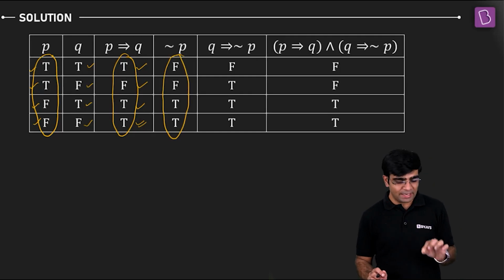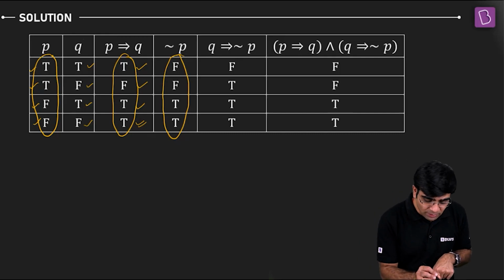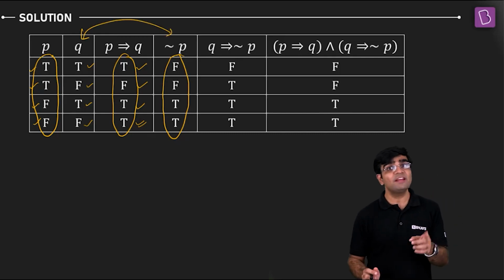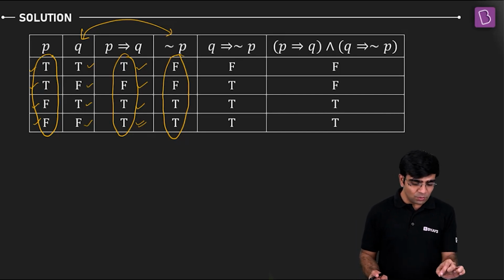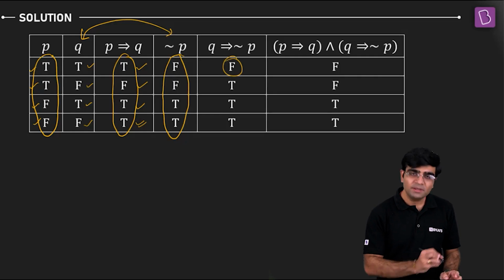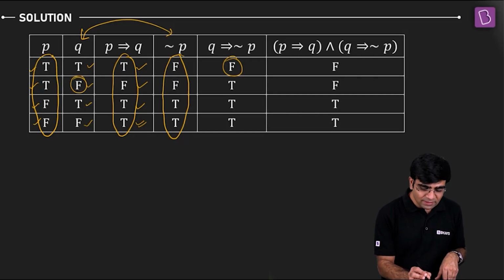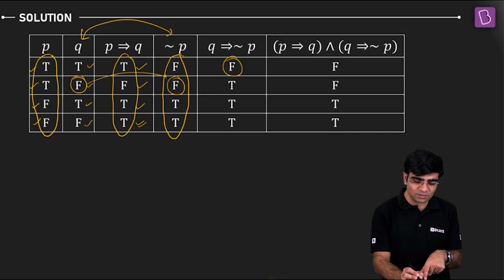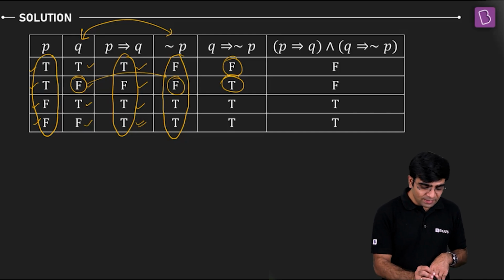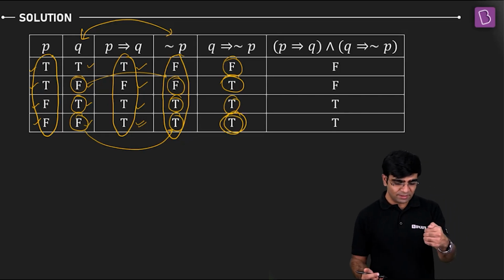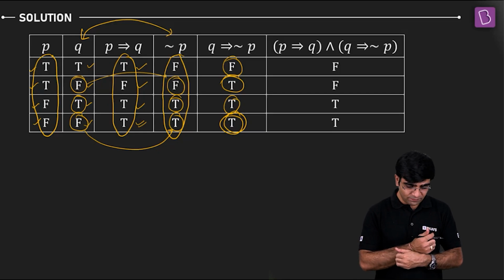Sorted. Now what will I be applying? I'll be applying the truth table between Q and negation of P. So please apply the truth table for these two, for if Q then negation P. I have true, F, that will give me simply F or false. Then the next one: if the first statement is false and the second statement is also false, the resultant is true. Similarly, when I go for the next one as true and the second one also true, it remains true, that you already know. And the last one, if the first is false and the second is true, the resultant becomes true. So what do I have here? F, T, T, T.